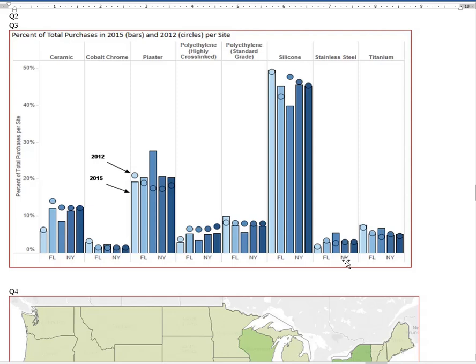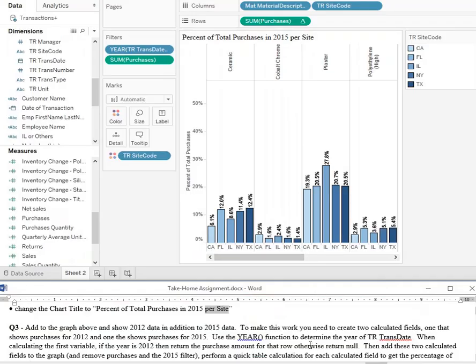In this next analysis, we're going to build on Q2 and add small circles here to indicate what total purchases for each site were in 2012. And then we're going to do some formatting to this too. To accomplish this, we're going to need to use something called a dual axis graph, and a dual axis graph combines